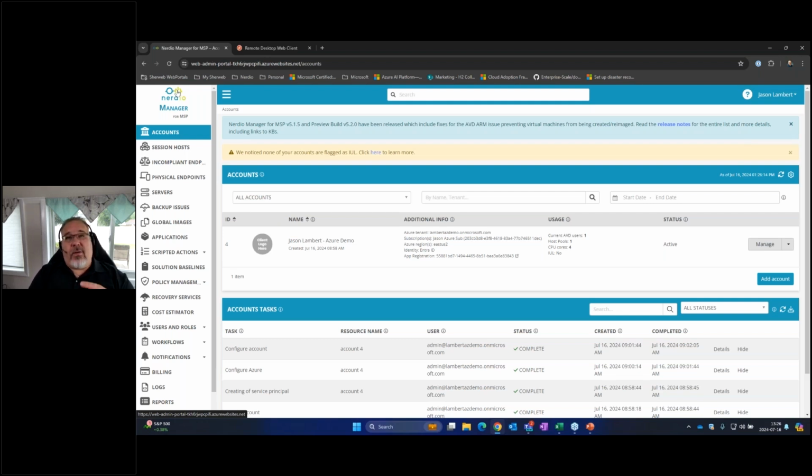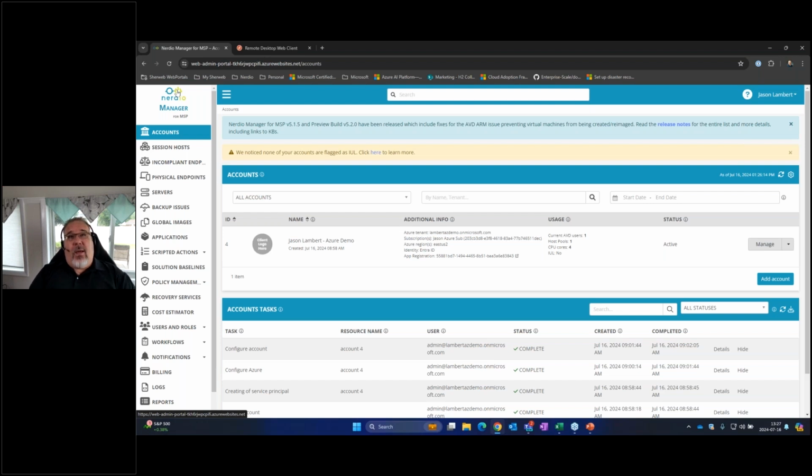And Nerdio, it's very intelligent. It does all the deployment. It's going to ask you for your subscription. It's going to ask you for resource group. Either if you already have one set up, you can just select it. If not, you're going to create it as you set the service up. And once you're locked and loaded and followed all the instructions, you'll wind up with a dashboard that looks like